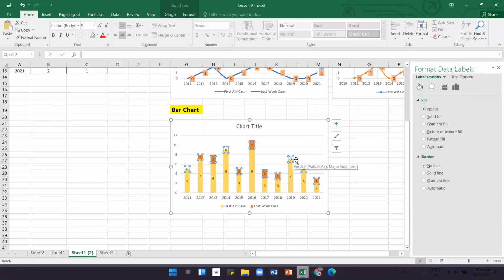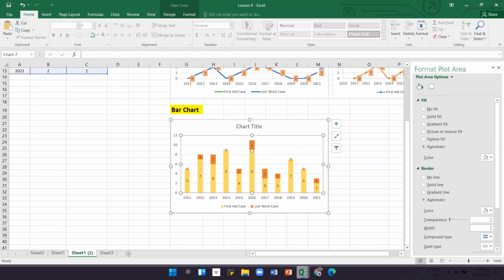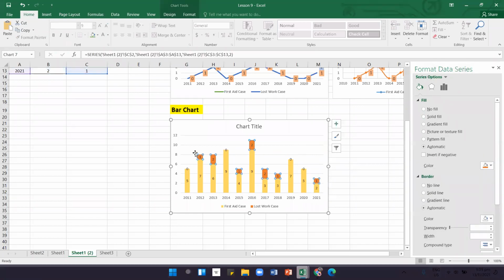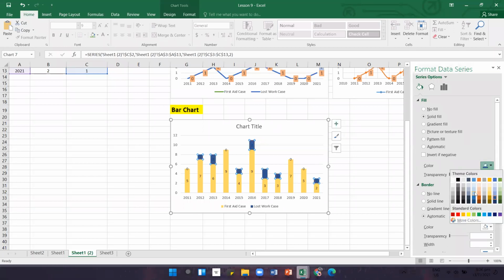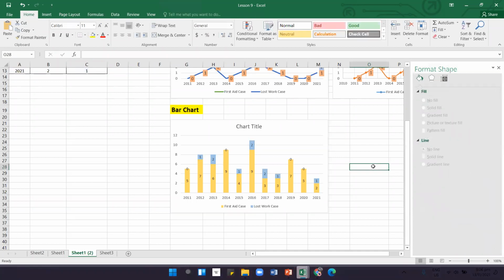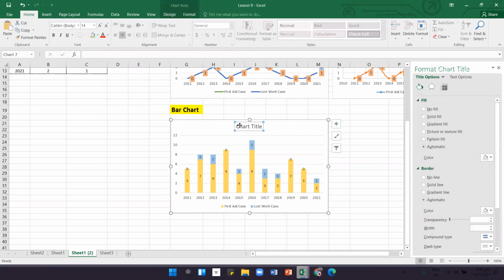Not yet, because this is all the data label highlighted. Sorry, not the correct section. Okay, now this is the right selection. I want this to be, maybe this color is not so nice. Okay, so you can choose. So this is about how you can format it. Then you can change the title by clicking on this. You can write